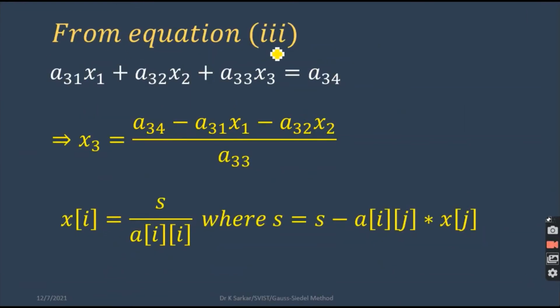Okay, from equation 3, we will get x3 as a34 minus a31 x1 and then minus a32 x2, divided by a33. Now the same statement: xi is s by aii, where s equals s minus aij multiplied by xj. What we have taken in the previous,